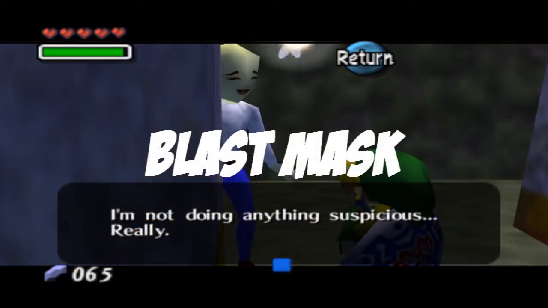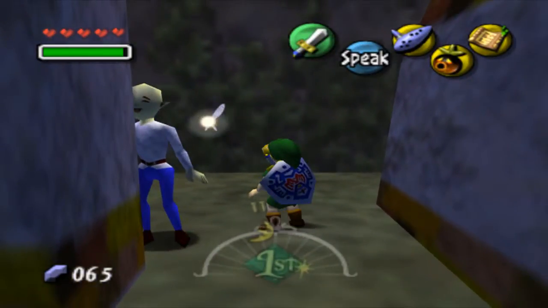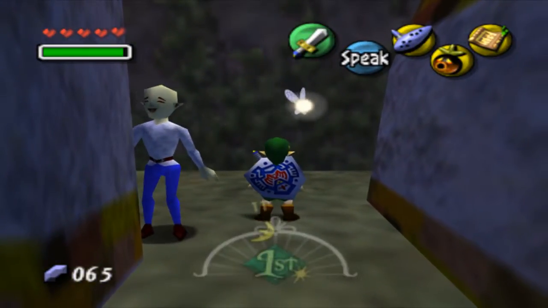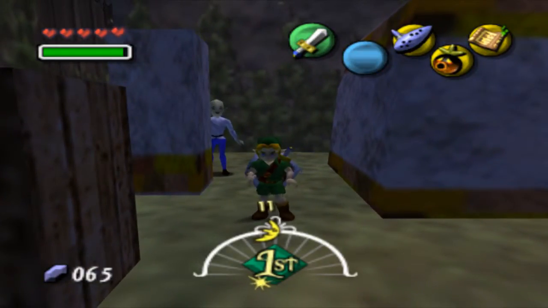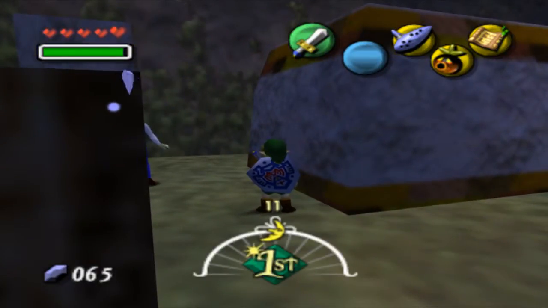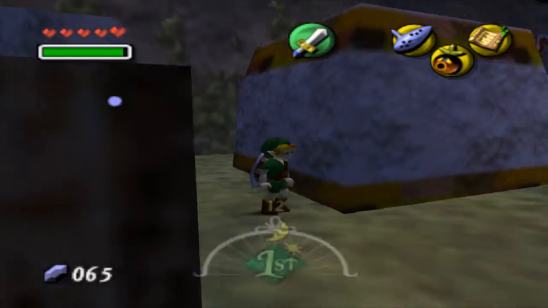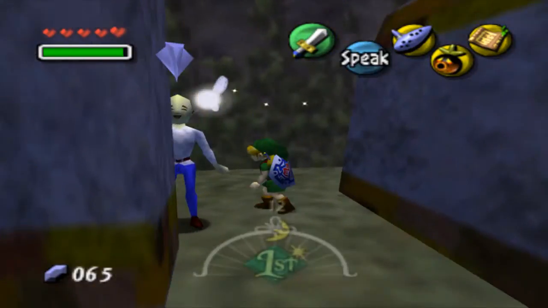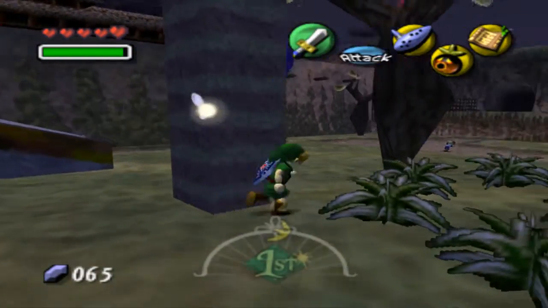Alright, so the next item we're getting is a bit more time consuming. This one is the Blast Mask, and what you want to do is around 12:15 to 12:30 a.m. on the first night, you need to be in North Clock Town, and as you can see, there's a pretty shady character over here, and once you get to around that time, he will rob an old lady, and you pretty much just need to hit him with your sword once and he'll run away,